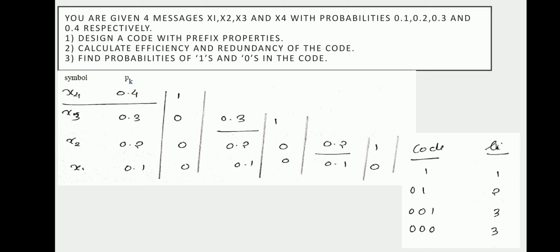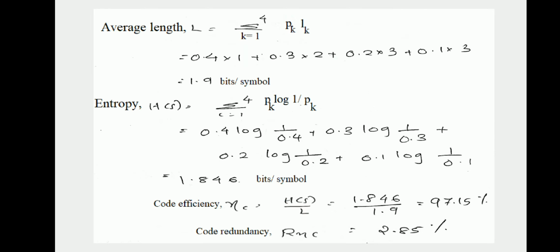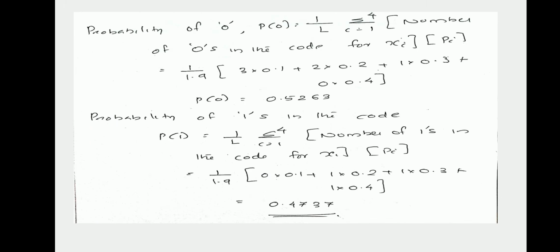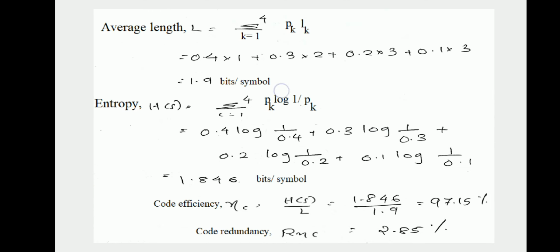So 1 into 0.4, plus 1 into 0.3, plus 1 into 0.2. So you will get 0.4737. Otherwise you can just find the probability of either 0 or 1, then 1 minus the probability of 0 should be the probability of 1. So this way you can find the third part of our question. So next we can